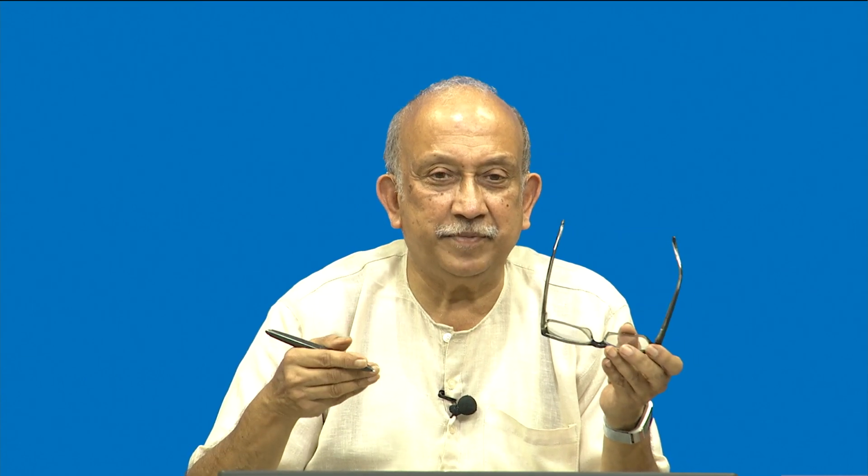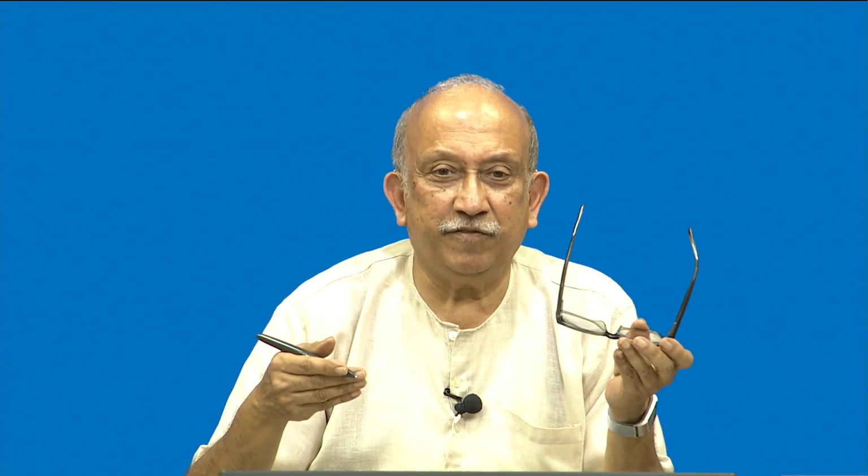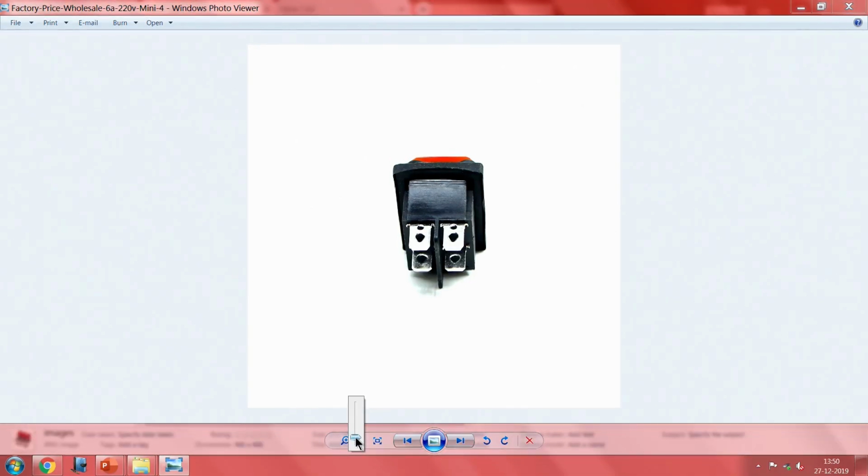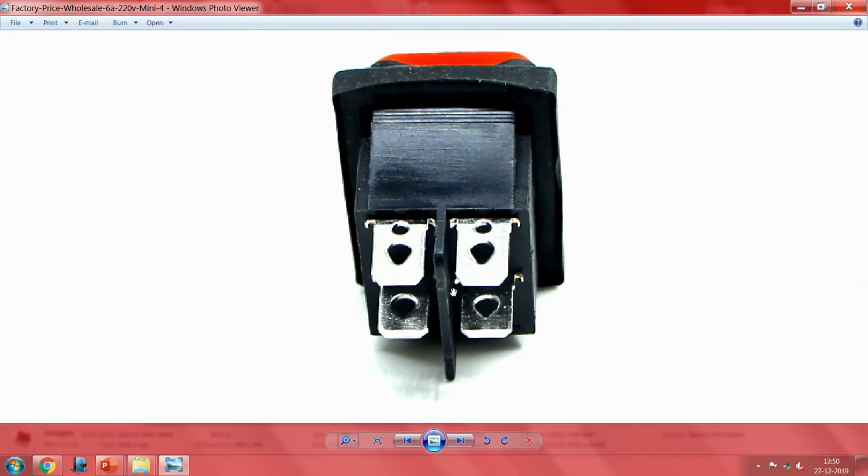Now, otherwise if it is a regular thing, the best equipment I can imagine is an aircraft. If you see an aircraft cable form, it is really big. Now, this picture shows you the rear portion of the switch.